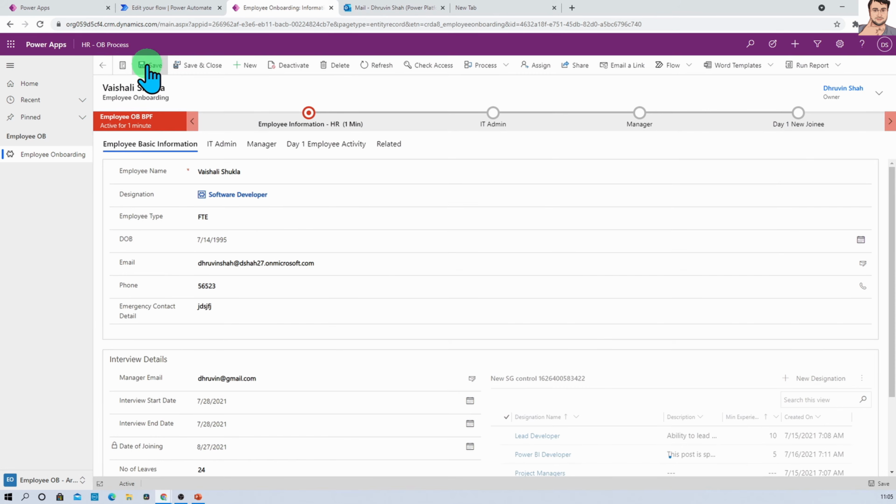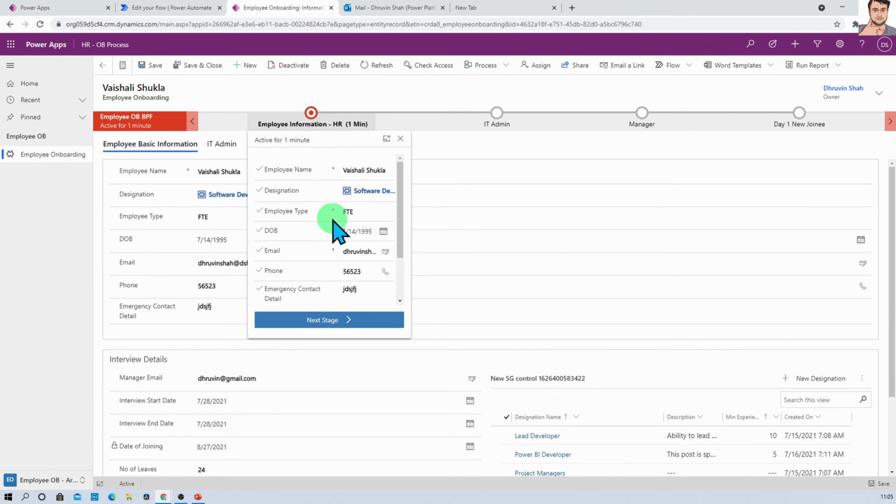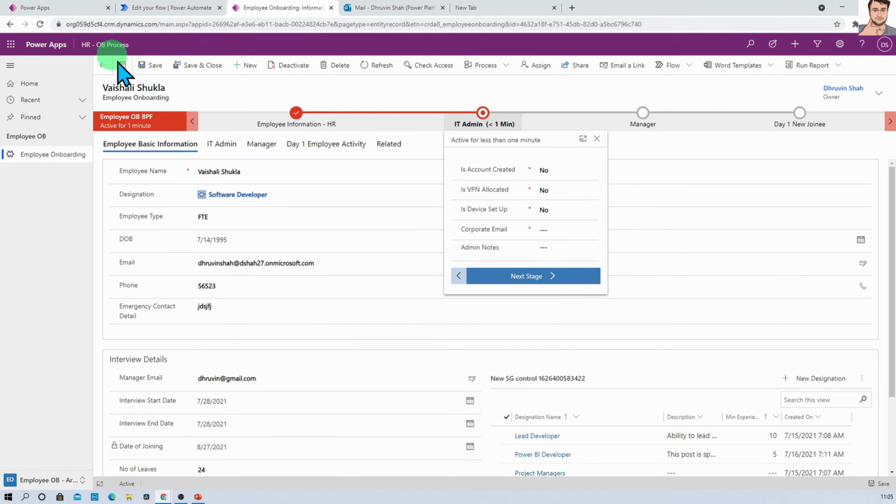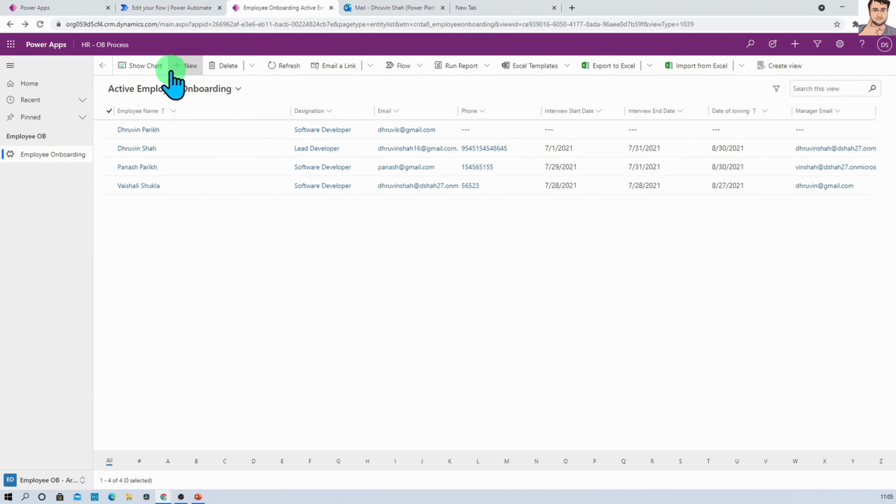She clicked on save, and now HR is verifying everything and they feel that the tasks are good. So they will click on next stage and they simply click on save and close. So HR's task is completed.